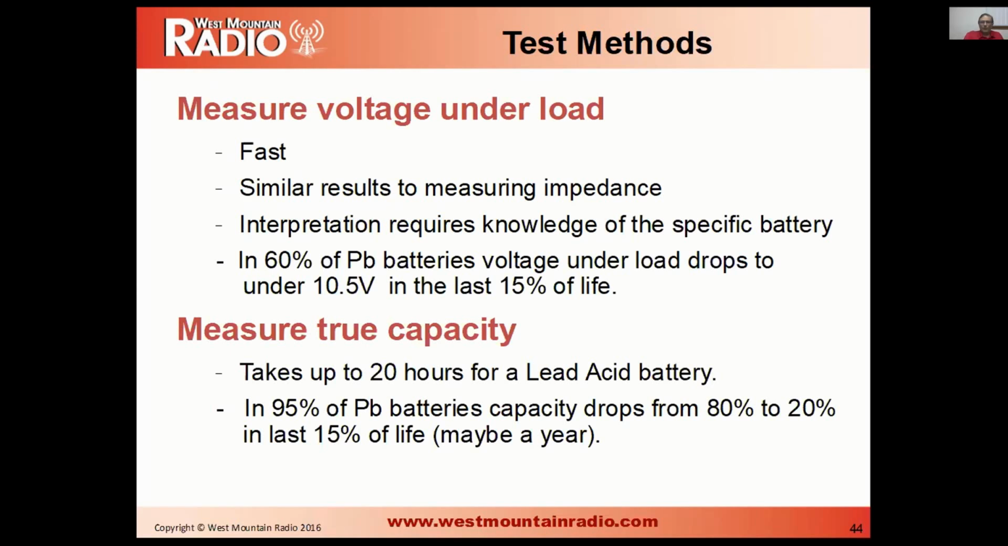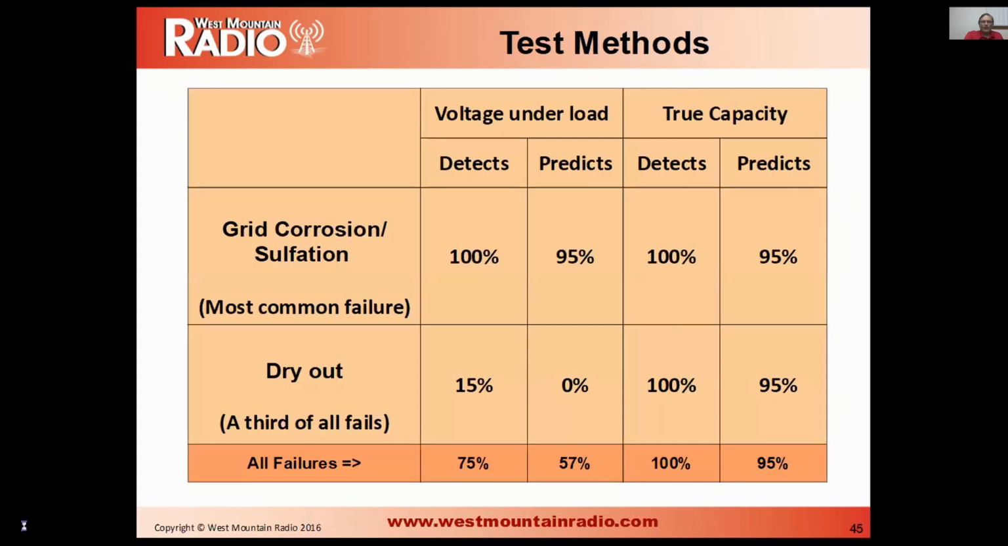This gives you a much more accurate way of producing it. I've got some better charts here. With the voltage under load, you can detect the corrosion 100% of the time, and it can predict that it's going to fail about 95% of the time. For dry out, it's very hard to detect when you just put the battery under load. 15% of the batteries will fail that way when you put it under load, and it won't predict dry out